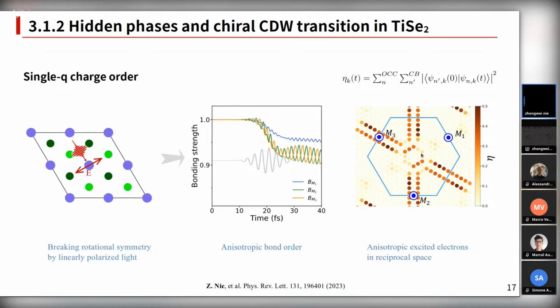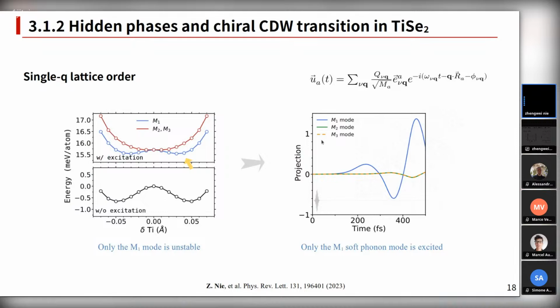It is a transient state, and the electron subsystem will interact with the phonon subsystem via the electron-phonon couplings. Then we study its phonon subsystem. This is its potential energy surface. The black curve is the potential energy surface for the ground state, and the red curve is for the excited state. We can see that after excitation, its potential energy surface is degenerated.